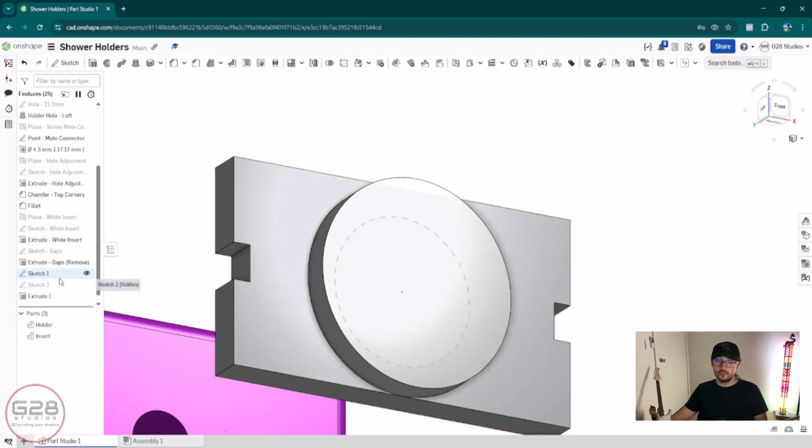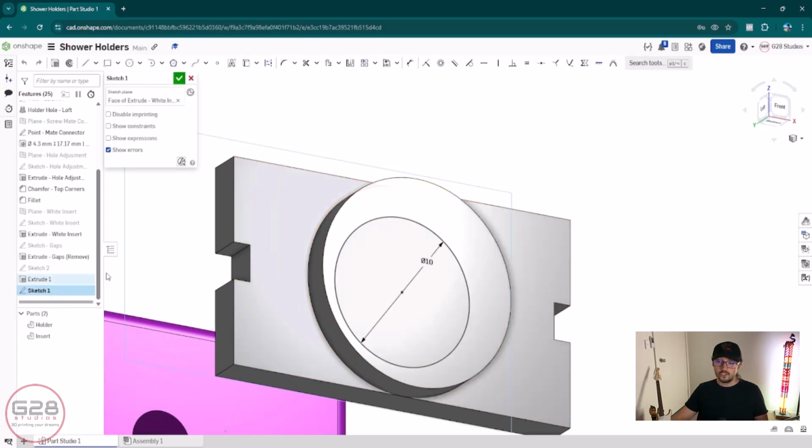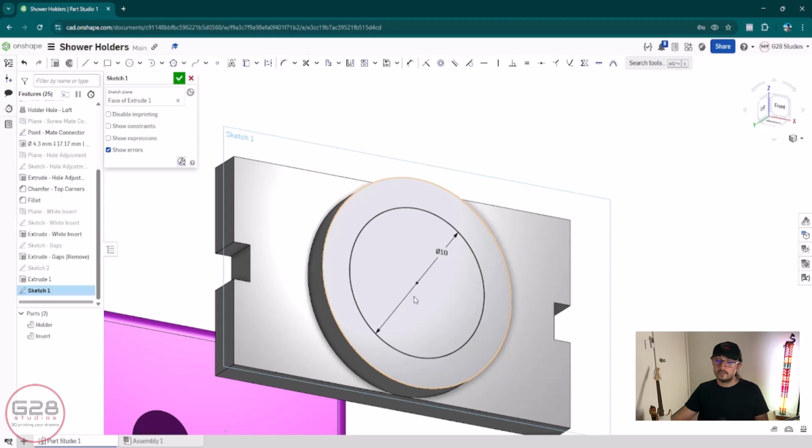And now I'm going to unsuppress this option. But I need to move this one down to here, because I need this sketch not to be on this face, on the green one that is highlighting at the moment. So you can click that X, and it's asking me, okay, now select a plane to show that sketch. So I'm going to select this face, and now this circle has been moved from this face to this face. And if I click OK,